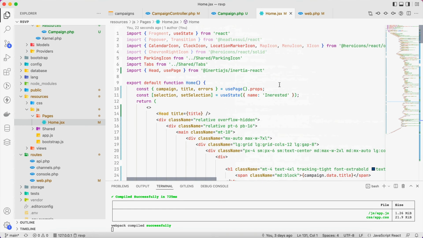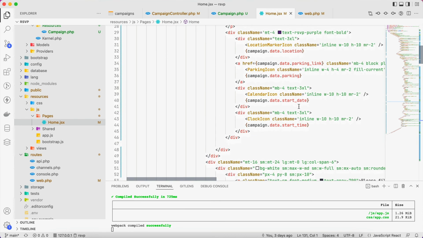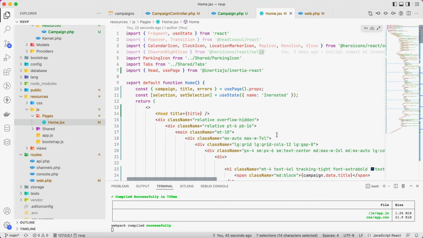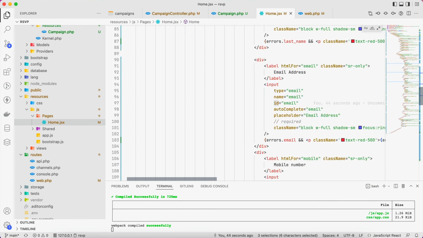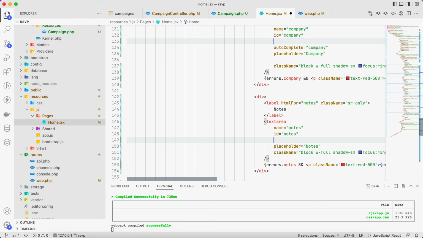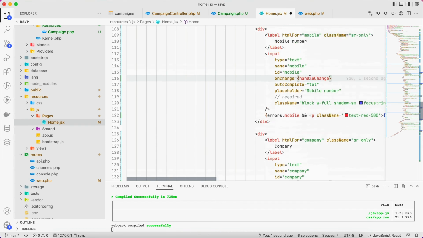To do that, I'm going to create a handle change. So for example, all of them are going to have an ID: first name, email, mobile, company, and notes. And below that I will add onChange, it will accept handle change, or it will return a callback. This handle change